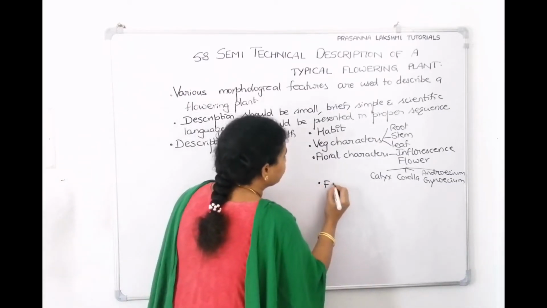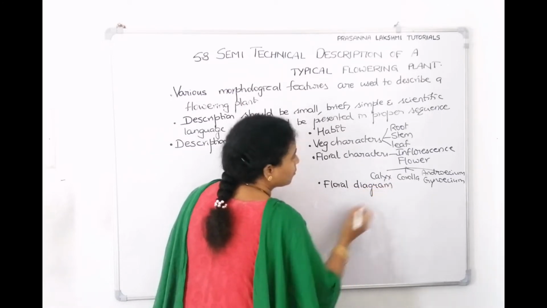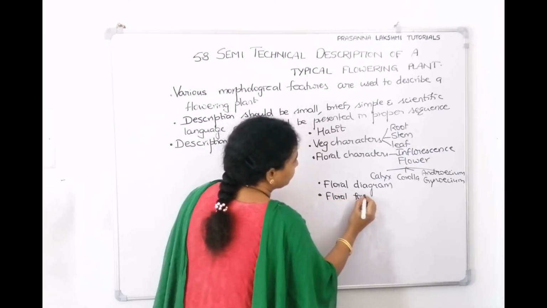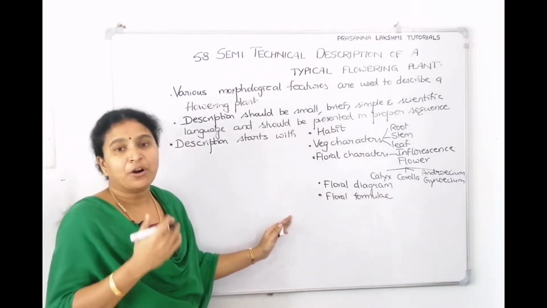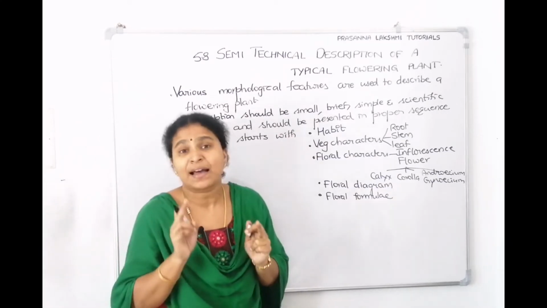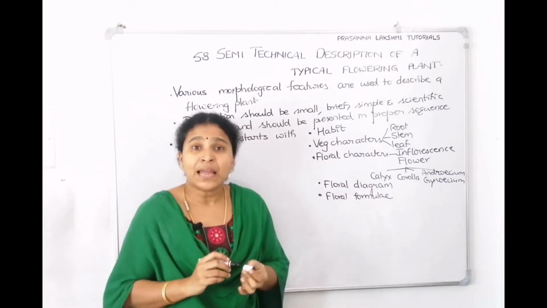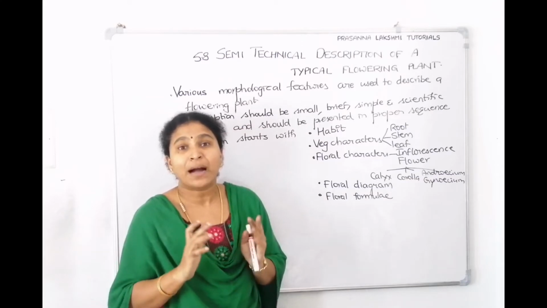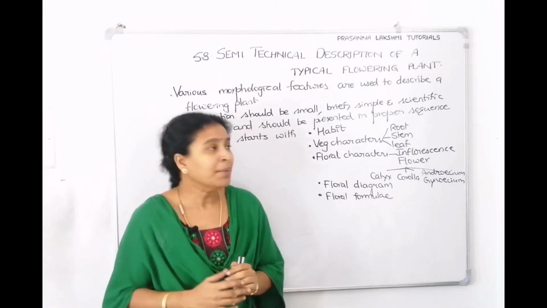After that, we need to draw the floral diagram. We will see how to draw a floral diagram in today's session, followed by the scientific language of the floral formula. So in this sequence we go. Economic importance also we can tell. Now we will see what floral diagram and floral formula are. Then we will take up a family in NCERT, Brassicaceae, to understand what a floral diagram and floral formula are and how to represent the characters. Okay. So you understood.